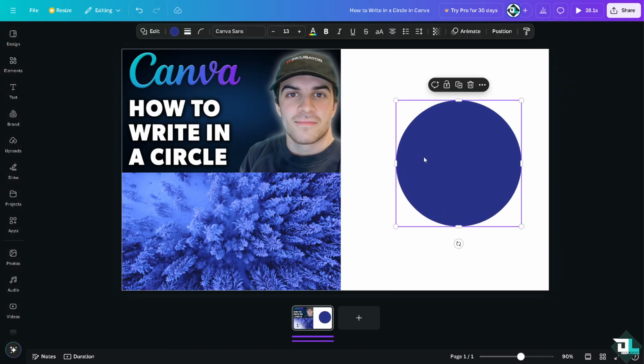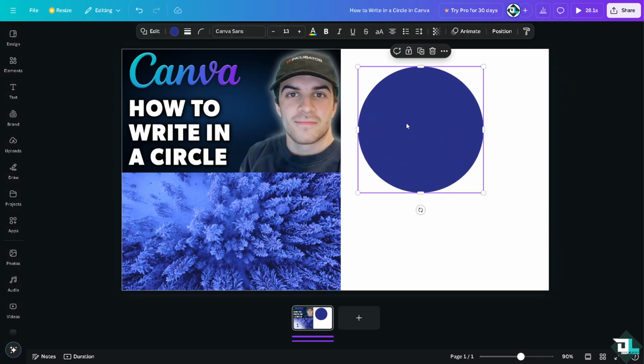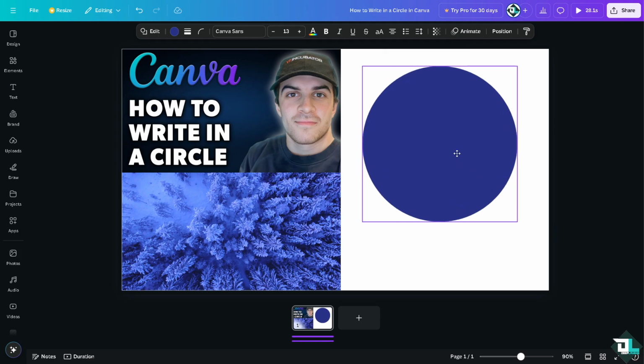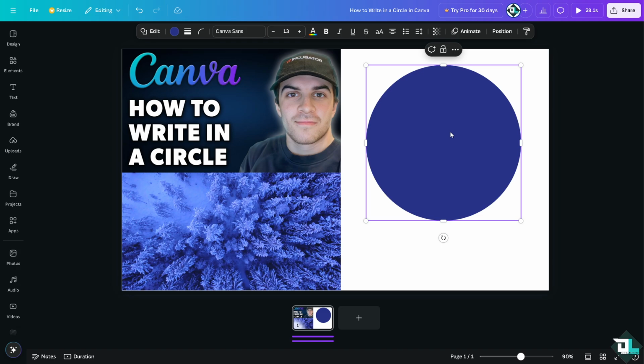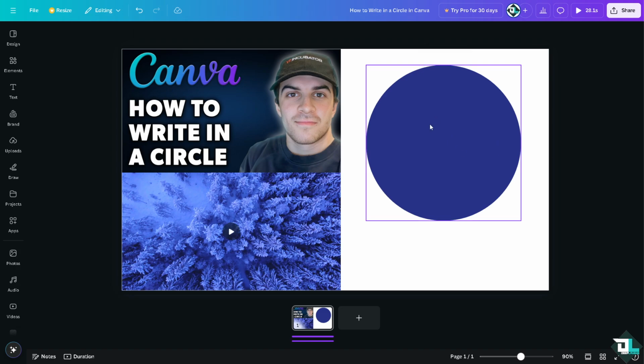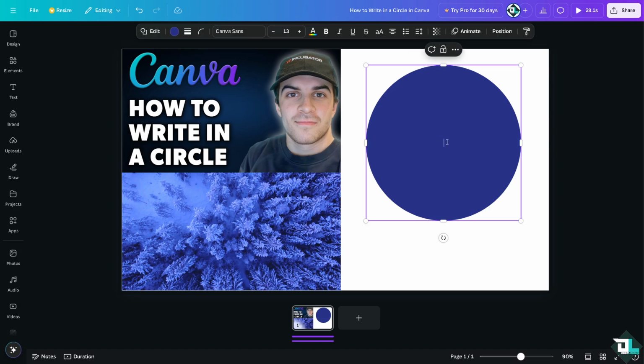For you to be able to write text here in a circle in Canva, all you're going to do is right click or double click on the shape. But what happens is there's going to be a line, an active cursor. You see that? I'm going to do that again. So right now it's nothing. But if you double click, there's going to be an active cursor. And if you want to type in, for example,